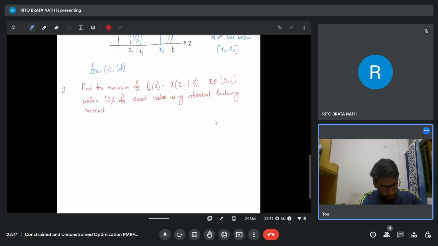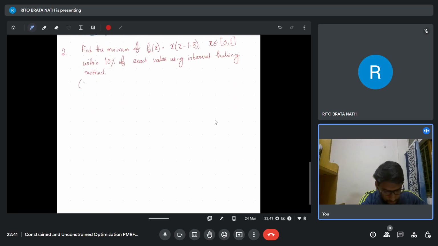Okay, so let me write down the options. Option A is x star equals 0.75, f star equals minus 0.5625. Option B is x star equals 0,